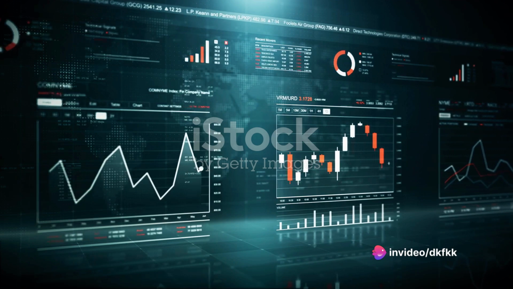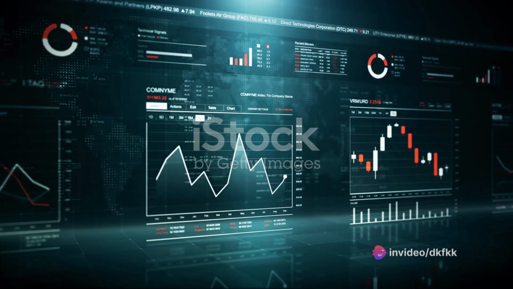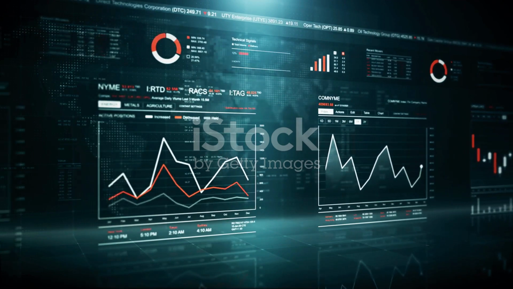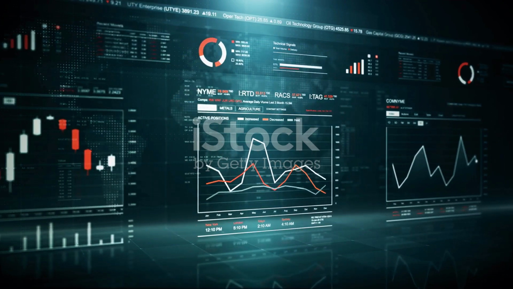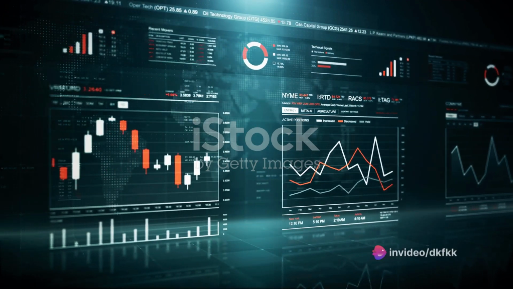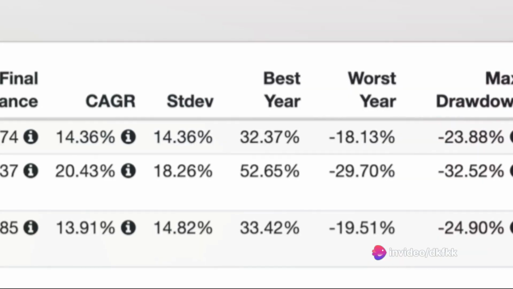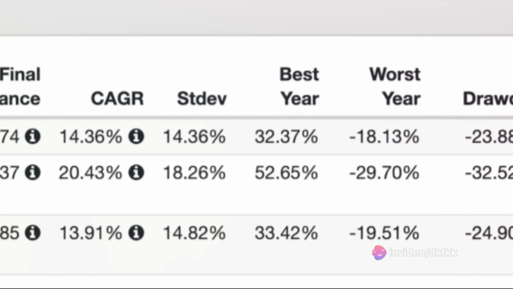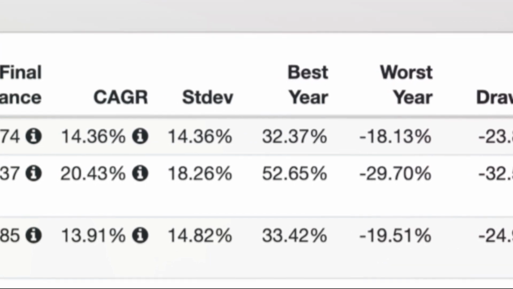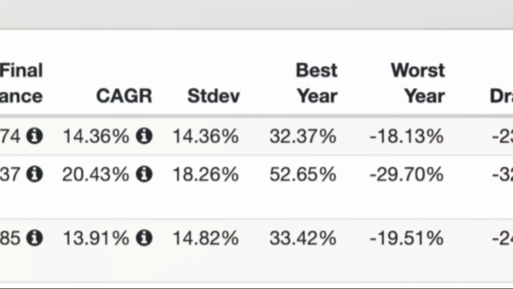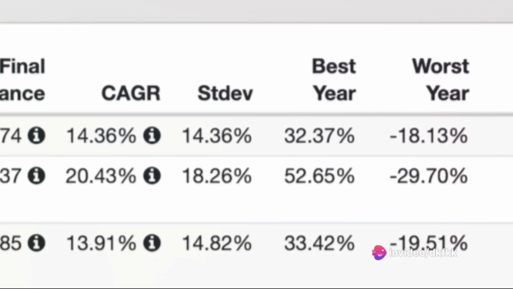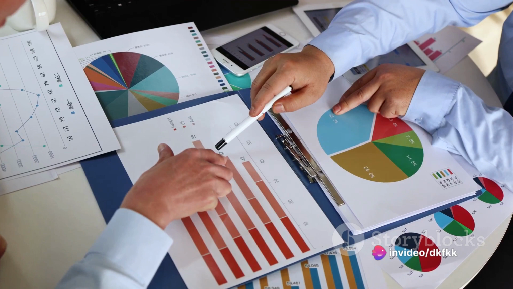Next, we have the Sharpe and Sortino ratios, which measure risk-adjusted returns. A higher value in both ratios indicates better risk-adjusted performance. The Vanguard ETF leads with a Sharpe ratio of 1.06 and a Sortino ratio of 1.81, compared to 0.88 and 1.39 for the Total Market Index, and 0.93 and 1.48 for the 500 Index.